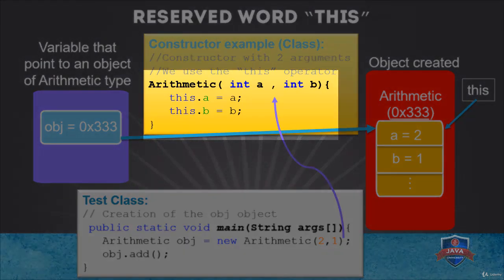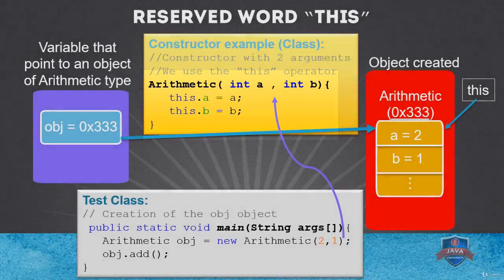And as we can see, to make a difference between the values received in the constructor and the attributes of the class, we can use the this operator. This is just an example of the use of the this operator, but basically it allows us to access the attributes and methods of the current object with which we are working. This can be confusing at first, since we are working with the code of our class, that is, the template. And this code will not be executed until we have created an object and called this constructor.